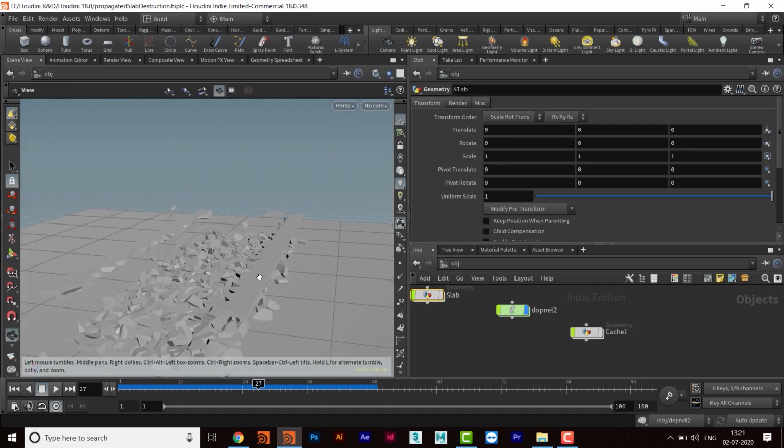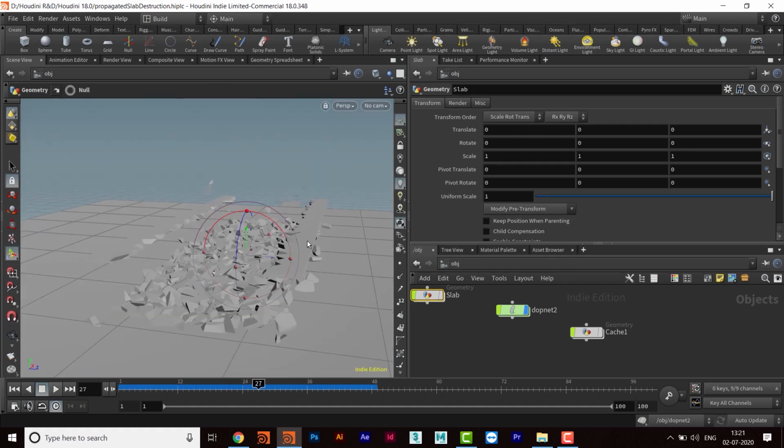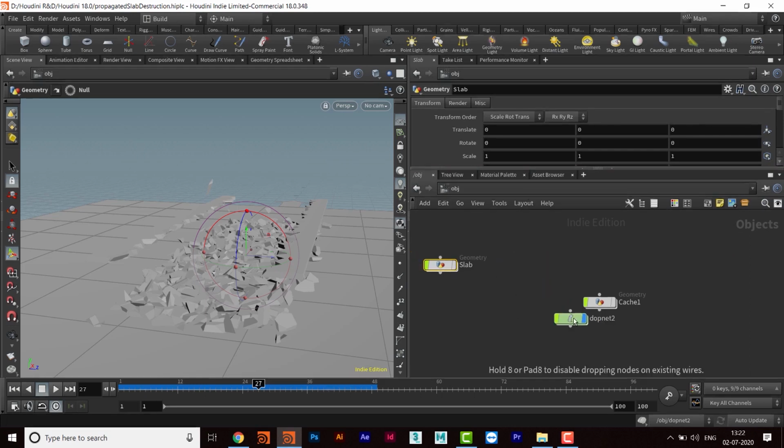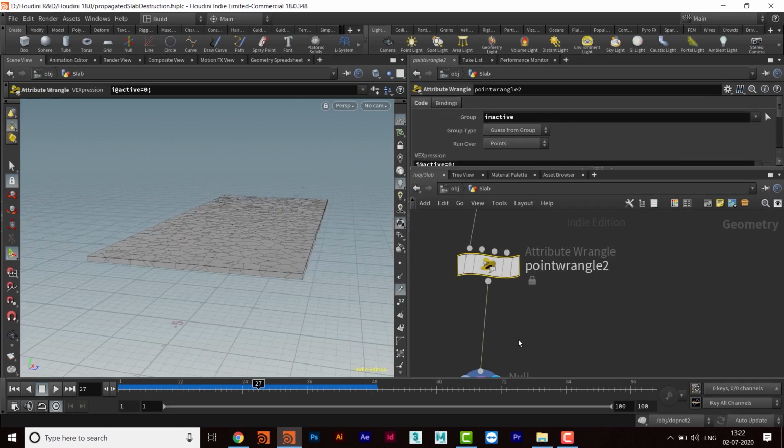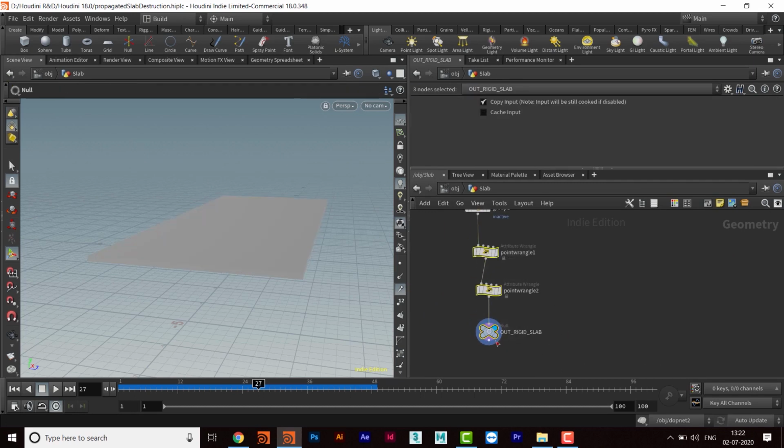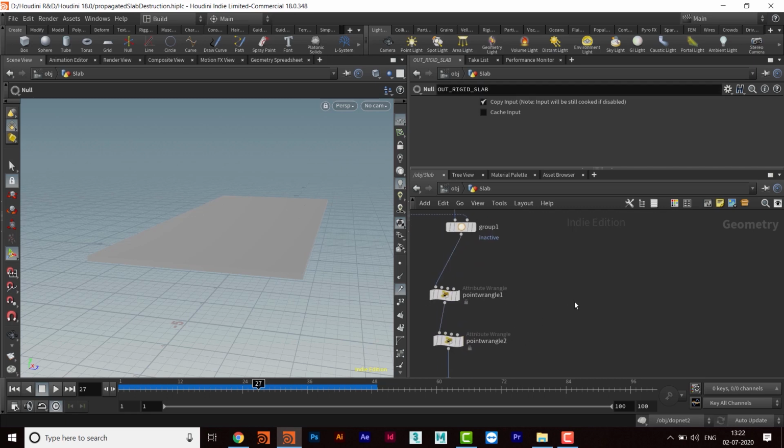slowly. Okay, so for that, first of all I just want to keep all of them right there and not going down. So for that I'm going to use glue constraint. I will go to the slab again, and then I will create the constraint for that. We have done this part already, but we are going to do it because that is a little different from the other tutorials I have created.